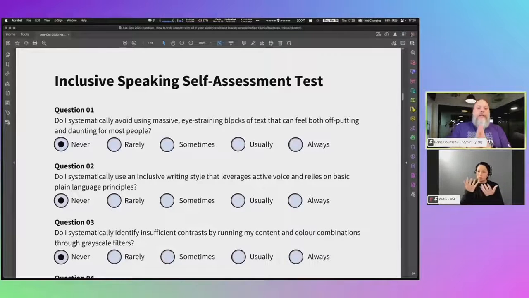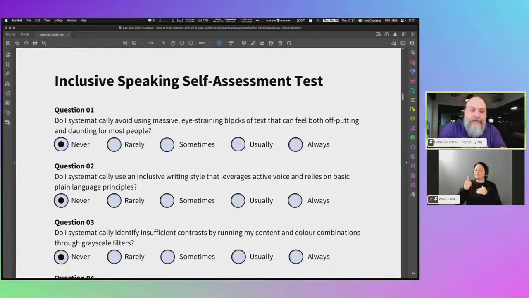The first question is, and for each of those questions, it's a 5-choice answer, right? So it's either going to be never, rarely, sometimes, usually, or always. Pretty simple. You ask a question, and you just self-assess yourself. Be honest with yourself, of course, and ask, do you do that thing? Never, rarely, sometimes, usually, always. And keep those answers on your end, because we're going to tally that up after